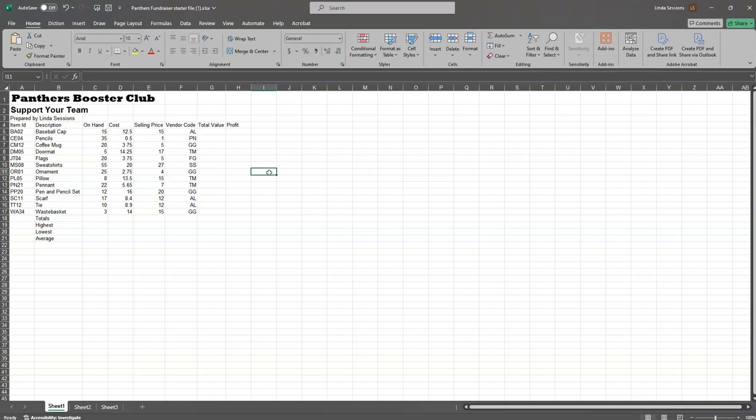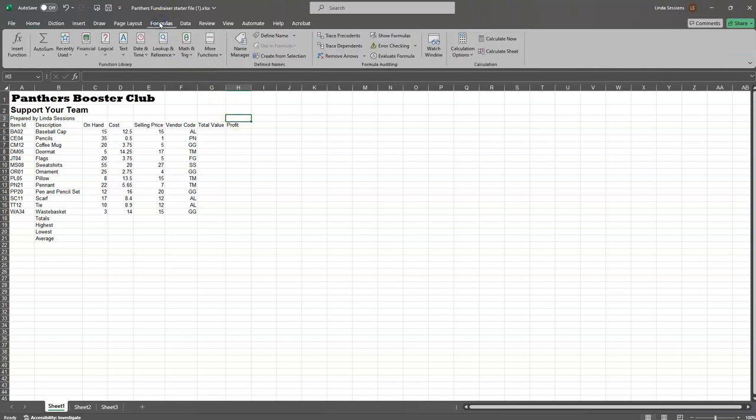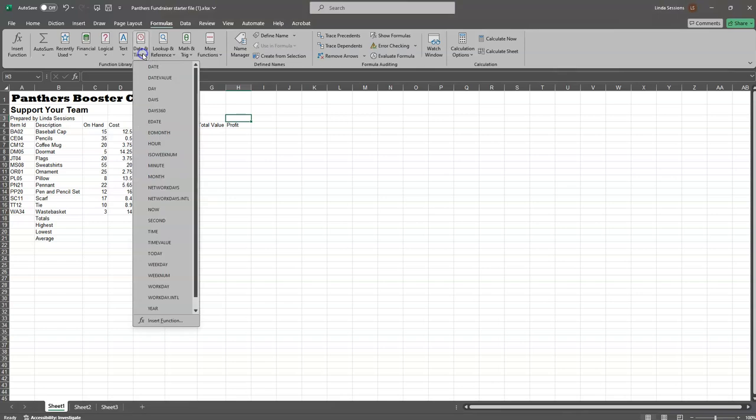Okay, number 4, we're going to use the TODAY function to actually put the date that you are making these changes in cell H3. And it tells us to go to the Formulas tab, Date and Time, and then scroll down to TODAY. So if we want something to be in cell H3, the first thing we have to do is select H3. So once we have H3 selected, we're going to come up here to the Formulas tab, go to the Date and Time,